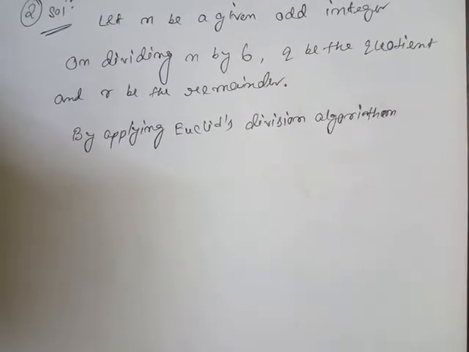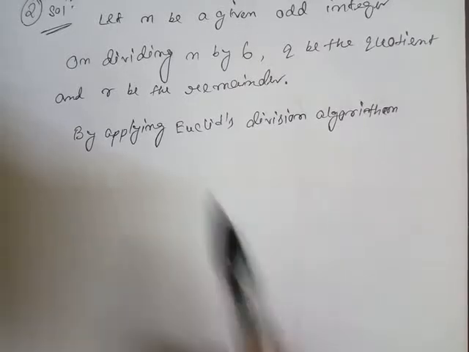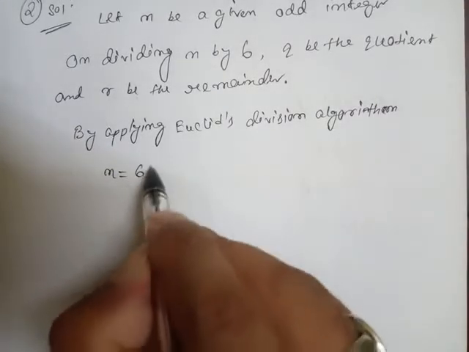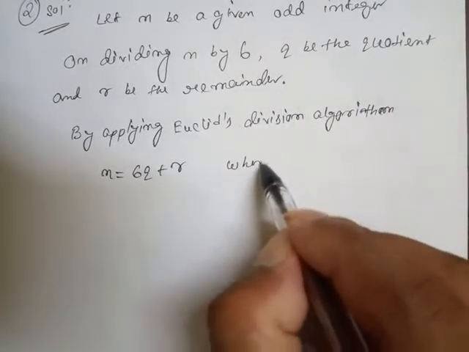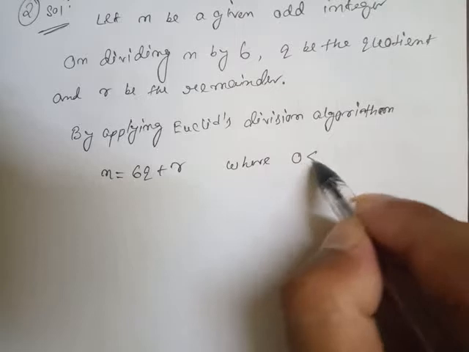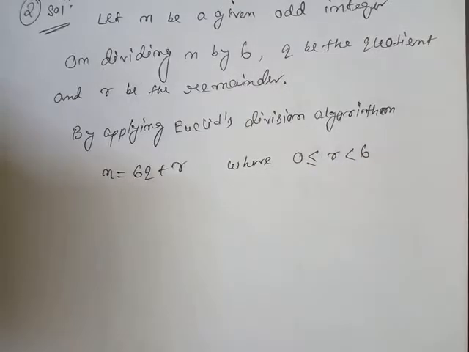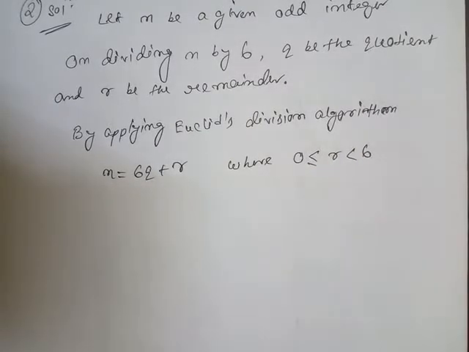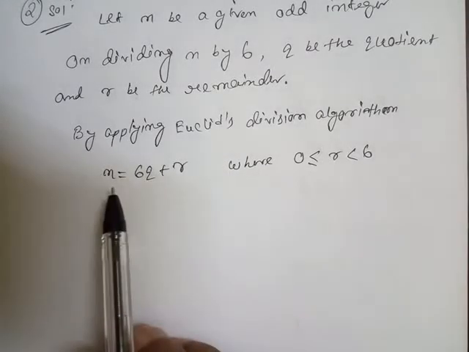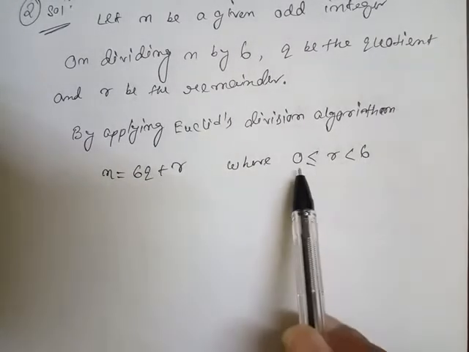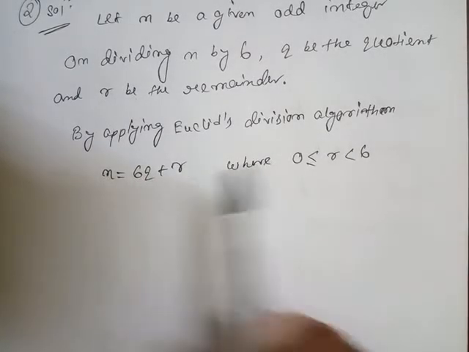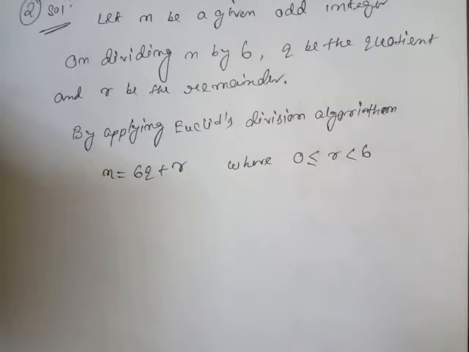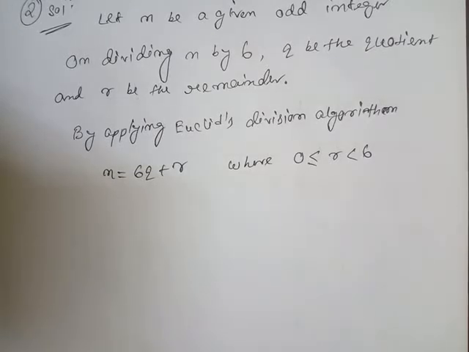Here n equal to 6q plus r, where 0 less than or equal to r less than 6. This is the condition of Euclid's division algorithm. Here if I write a equal to bq plus r, then 0 less than or equal to r less than b. Now look here, there is the condition. Now after that, in the next step we can write here that